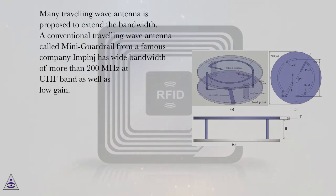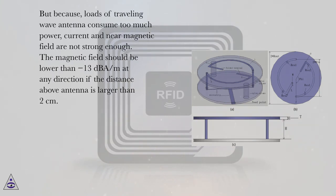A conventional traveling wave antenna called mini guardrail from a famous company, Impinj, has a wide bandwidth of more than 200 MHz at the UHF band as well as low gain. But because loads of the traveling wave antenna consume too much power, current and near magnetic field are not strong enough. The magnetic field should be lower than -13 dB/m at any direction if the distance above the antenna is larger than